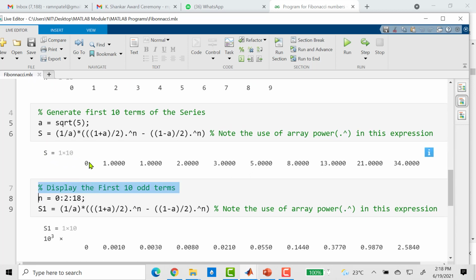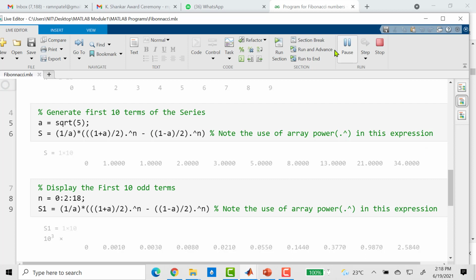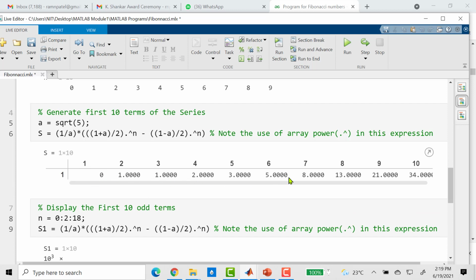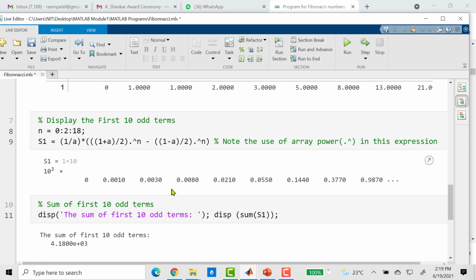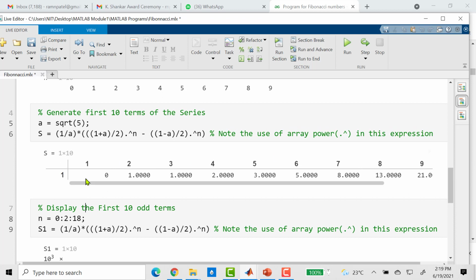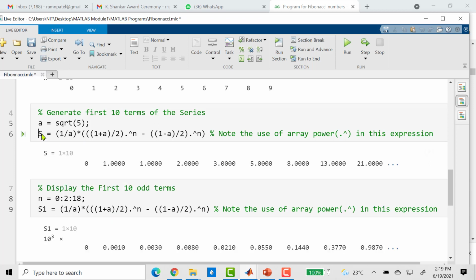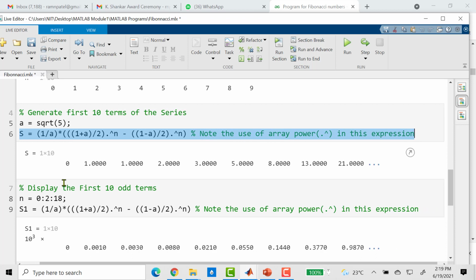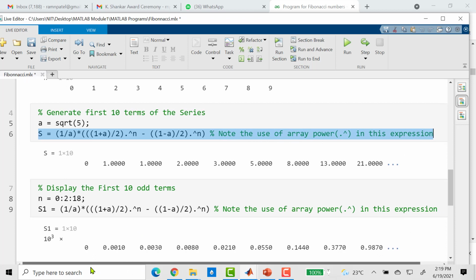So if you just click on this one, let me run it again. This is generating it. Okay, so here it is. I have this whole sequence there, term 1 to 10 is here. Now if you want to display those first 10 terms, you can just check it out. 0 plus 1 is 1, 1 plus 1 is 2, 1 plus 2 is 3, likewise this is a perfect sequence generated by this one single line. In comparison to other programming languages, this dot power works magically in MATLAB to generate a series, right?